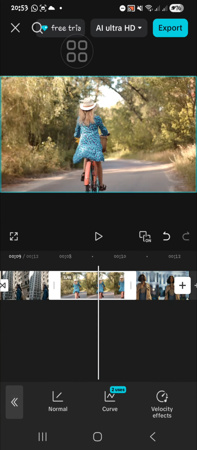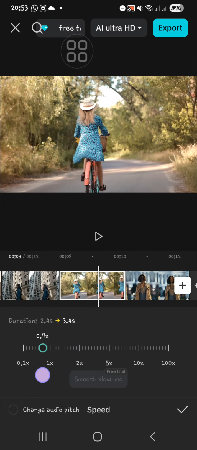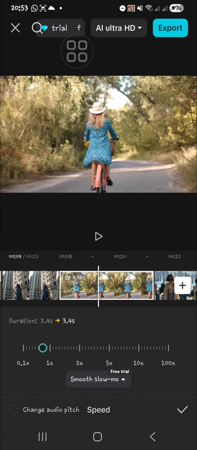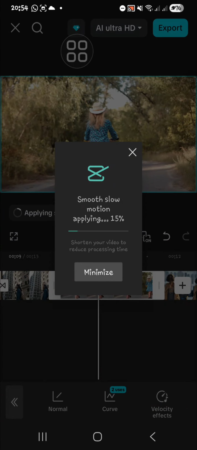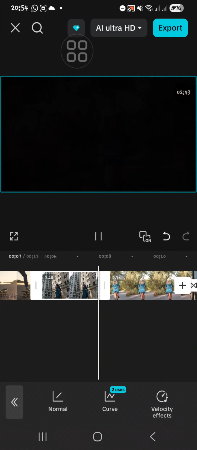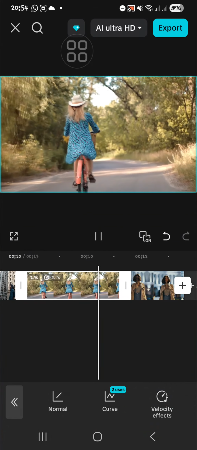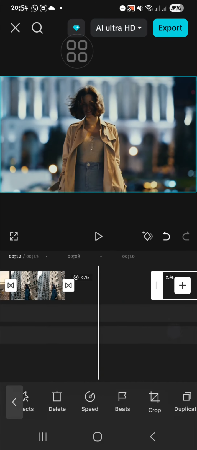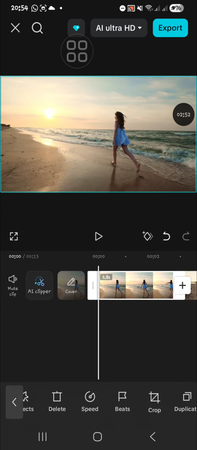Okay, right here, and then I'm going to go to the normal and I'm going to reduce the slow motion. I'm going to reduce the speed and apply the smooth slow motion. Okay, that's the key to make our video looks more cinematic. And I'm going to click on the check mark and let's see how it looks. Okay, this one like this and this one. Yeah. And okay guys, that's all the way to create cinematic transition for your video editing using